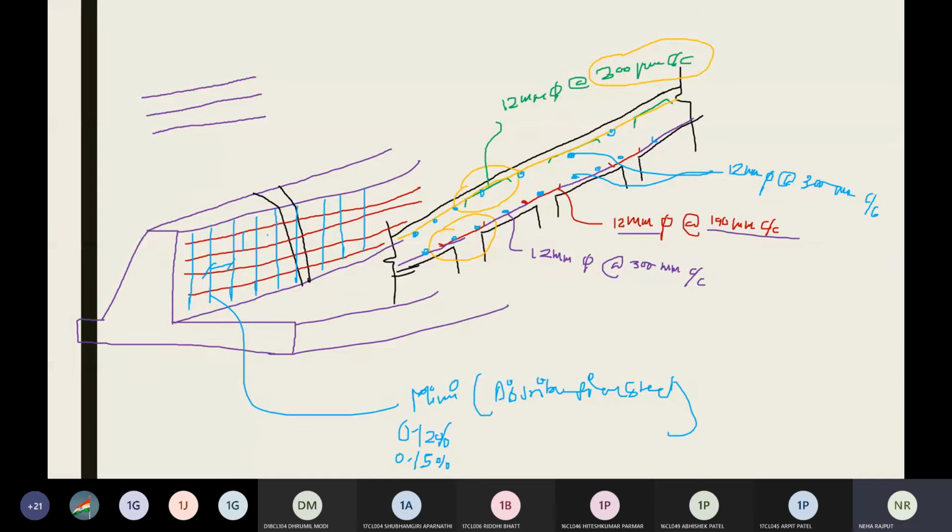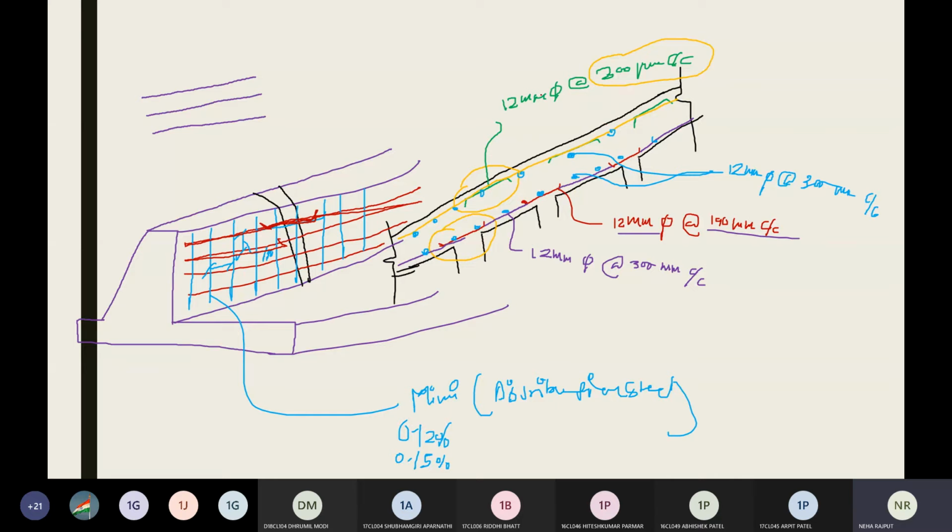अगर आपने कोई बार curtail नहीं किया है, then you can take this distance as 190 mm throughout the length. और क्या करो, जहाँ पे सपोर्ट दिया है वहाँ पे ये बार इतना ही extend करो, इतना ही extend करो ये बार को, मतलब यहाँ से इतना curtail कर दो, फिर यहाँ से ये through हो जाएगा at 190 mm सेंटर टू सेंटर. राइट. So this way you can see, you can have the detailing of stem reinforcement bar.